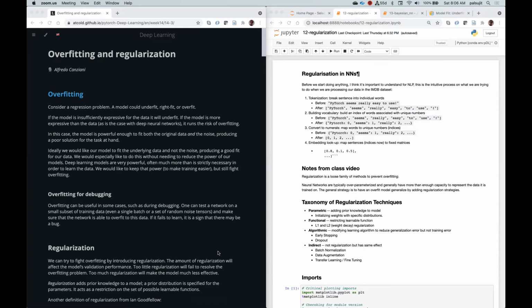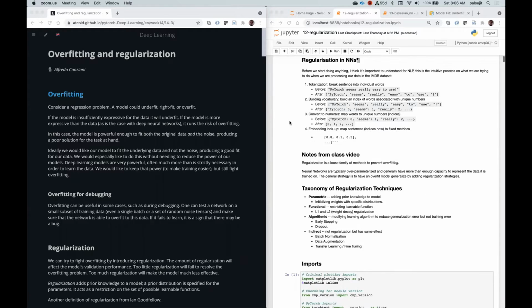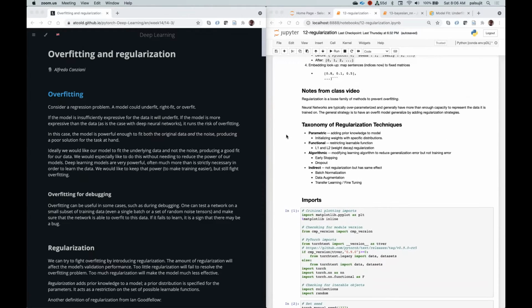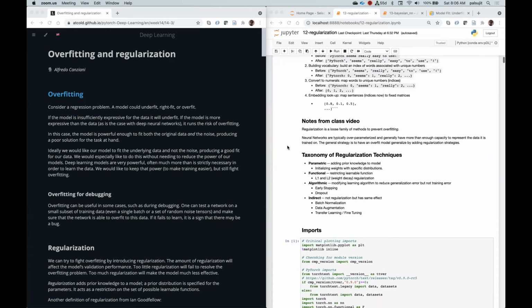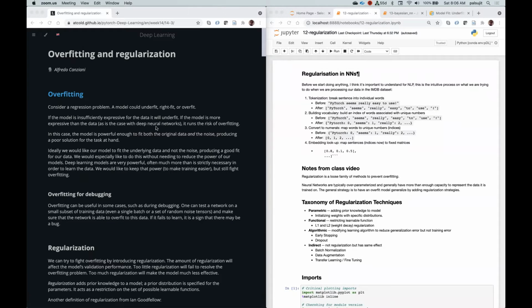All right. So today's topic is basically overfitting and regularization. It's a fairly basic topic. I don't know why they put it so late in the course, but in any case, let's look at it. I went through the class video and I had a few notes. One thing that I liked about the class, before we go there, the instructor, Alfredo,